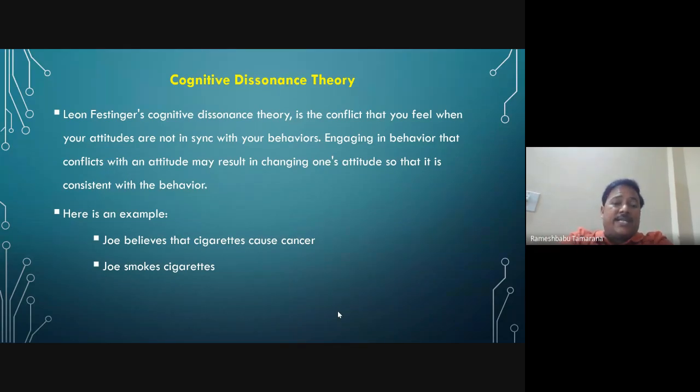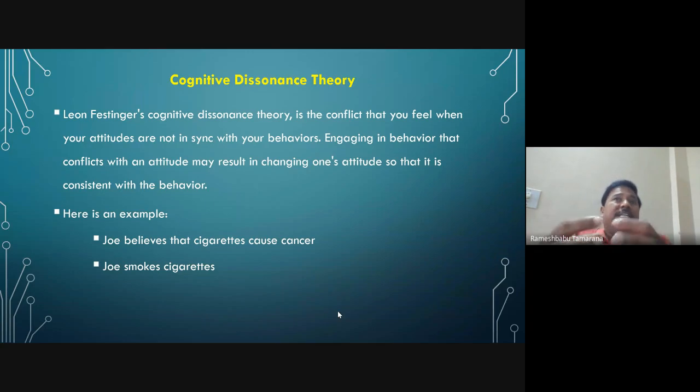So, for example, engaging in a behavior that conflicts with an attitude may result in changing one's attitude so that it is consistent with the behavior. Let me give one example. Say Joe believes that cigarettes cause cancer, but Joe also smokes cigarettes. So what happens? The more he internalizes the idea that smoking cigarettes causes cancer,